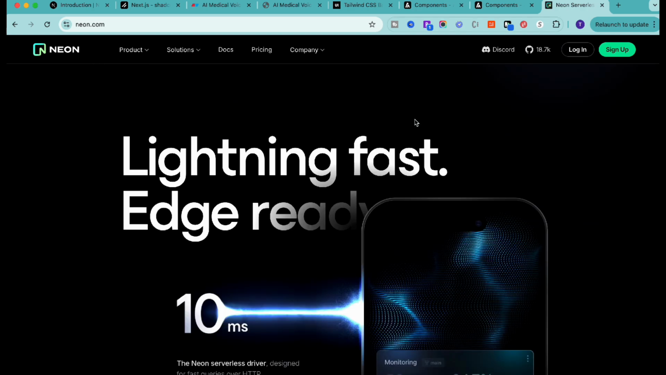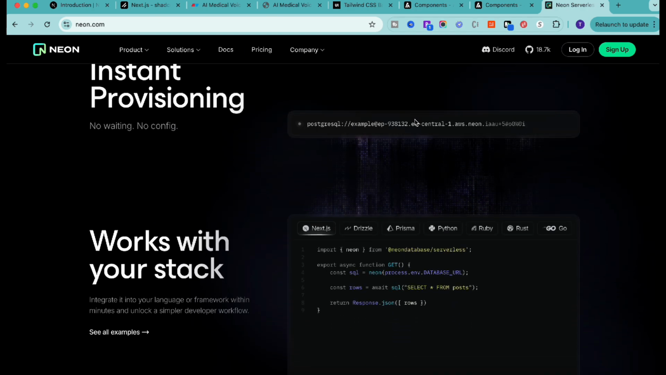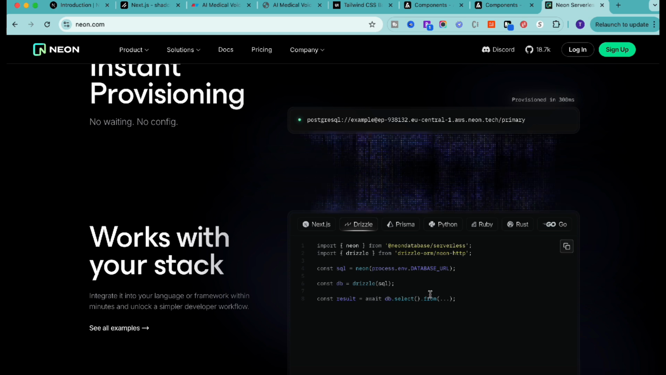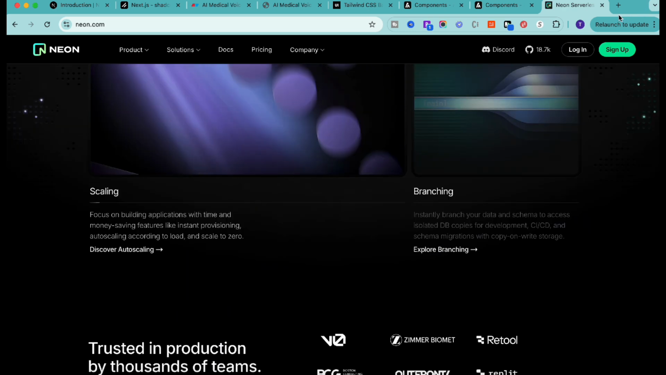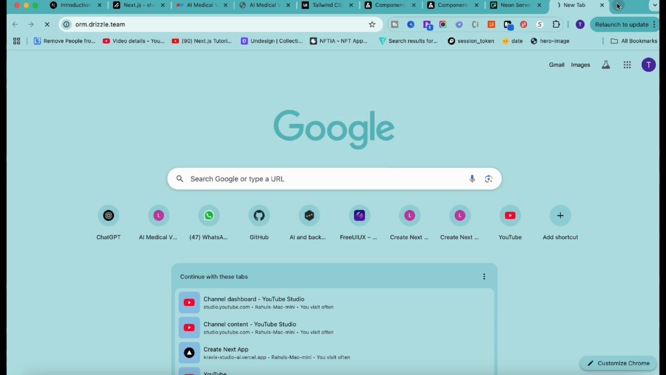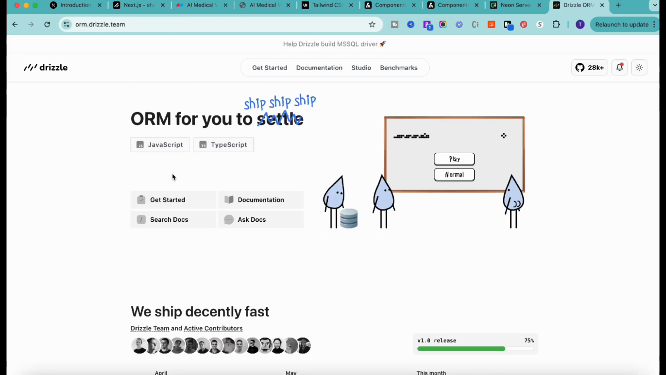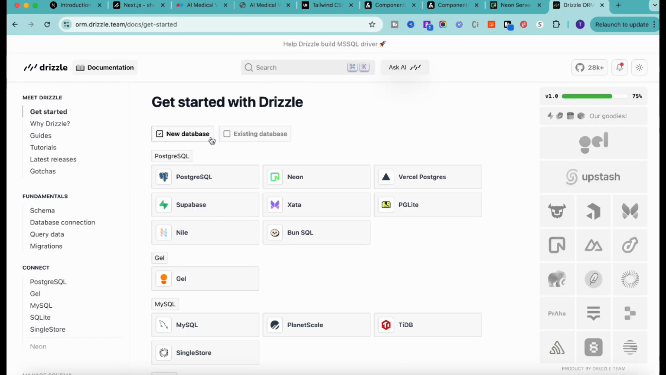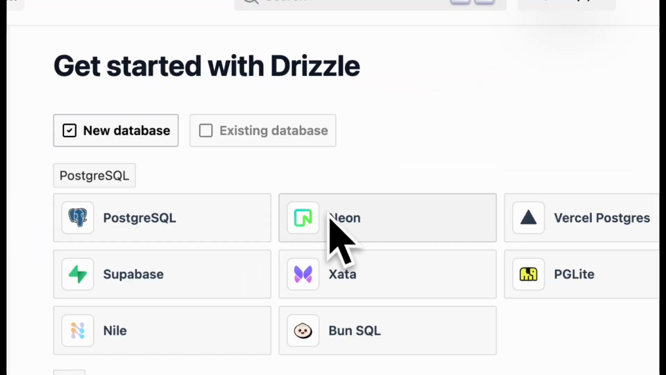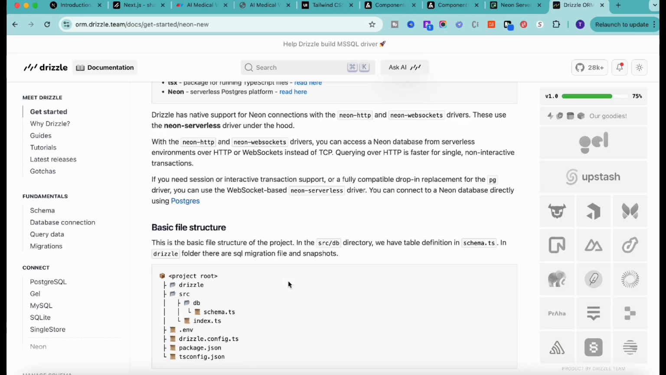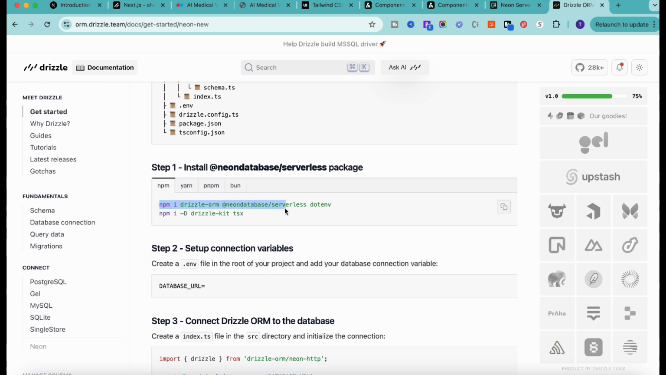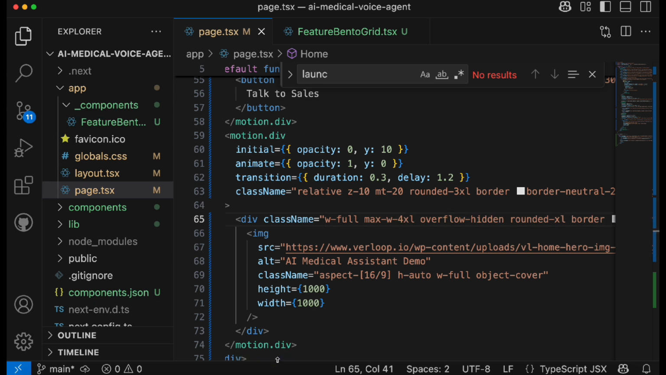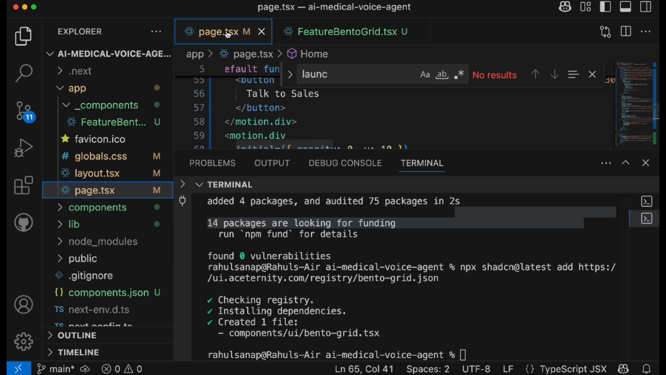In this particular tutorial, we are going to use a Neon PostgreSQL database with Drizzle ORM, and setting up Drizzle ORM along with Neon in the Next.js application is quite straightforward. First, we'll go to the Drizzle ORM website and go to Get Started. Since we want to use a Neon PostgreSQL database, make sure to select this option and then install this Neon database. So copy the first line, then we'll go to the terminal,